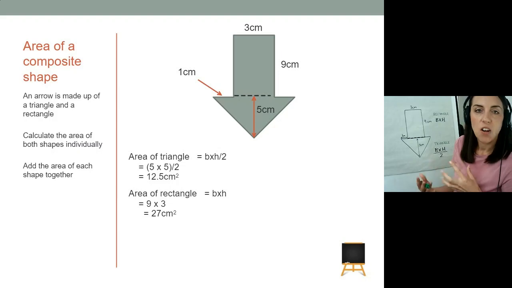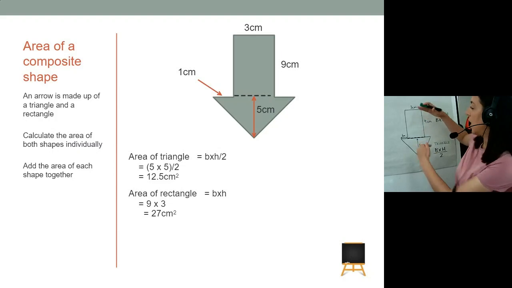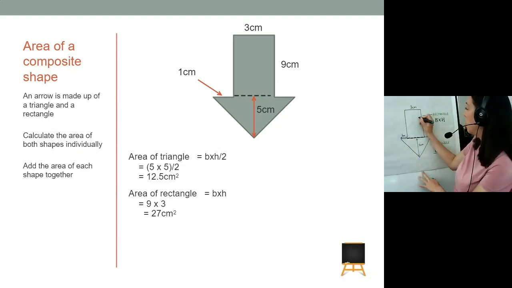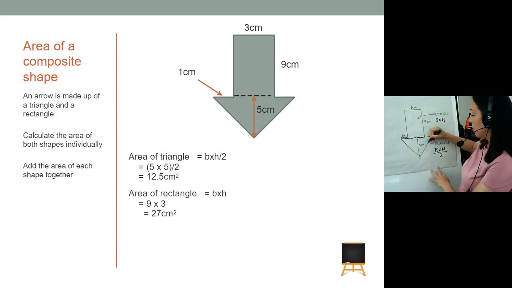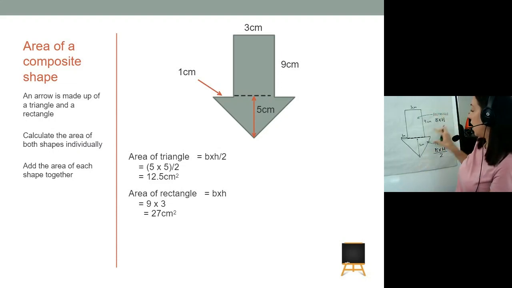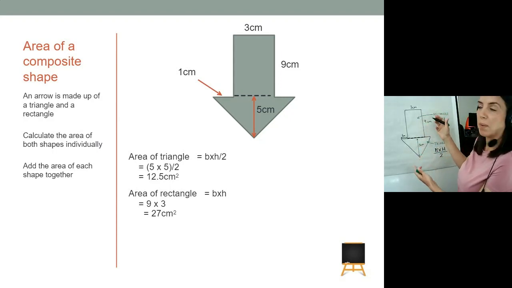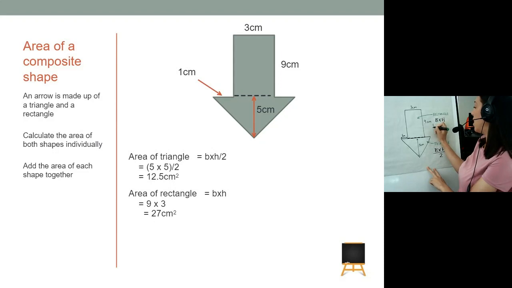So to calculate the area of a composite shape, we split it up into shapes that we do recognise. We then calculate the area. So we've got the rectangle first. To calculate the area of a rectangle, we know how to do that. We also have a triangle. To calculate the area of a triangle, we know how to do that. So we do each of them, and then we add them together to get the full area of this arrow shape. So for the rectangle, it's base times height. So we've got 3 times 9 gives us 27